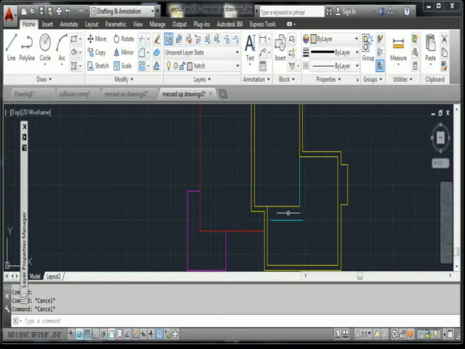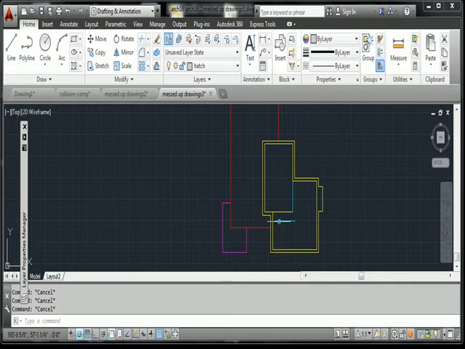But if we move some of these lines, right, we find that there is a whole other line in there. So what happens is that AutoCAD is confusing which border to take. So when I select this, it's also reading this line and it's maybe making the hatching in here for me. I don't want that, so I could either erase some of these lines and clean them up, or let me undo that,